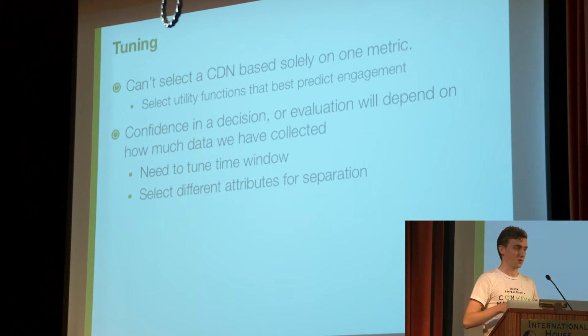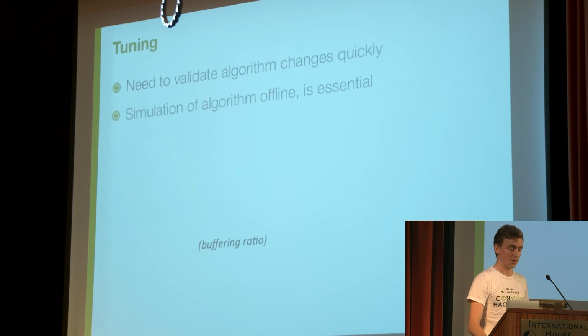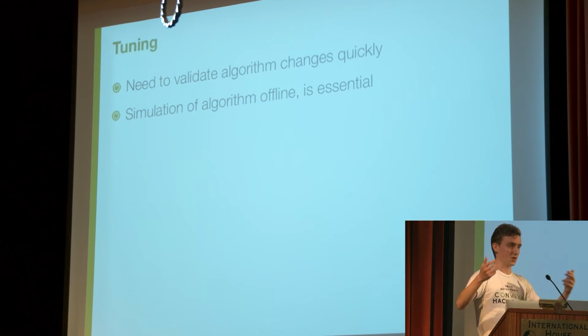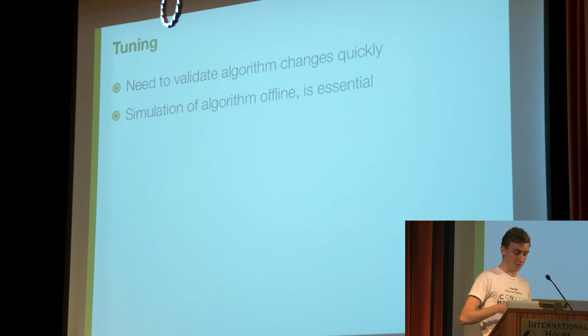In addition, the confidence in the decisions we have depends on how much data we've collected. So this depends on what sort of time window we're looking at, what attributes we're using to separate the data out. And finding these things out and tuning the algorithm as we're going along needs to happen quickly, right? We can't wait for production trials to happen while we're figuring out and tuning and improving this algorithm. So we need to be able to validate these changes quickly, which means simulation of an offline algorithm was truly